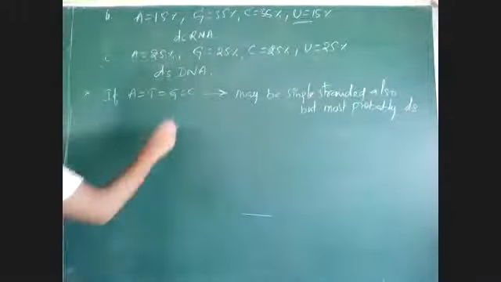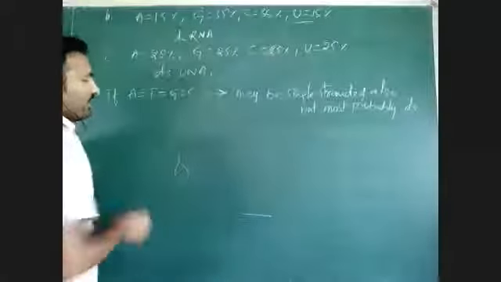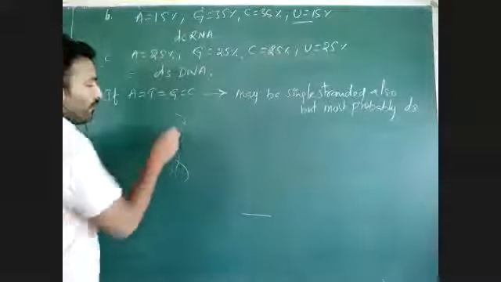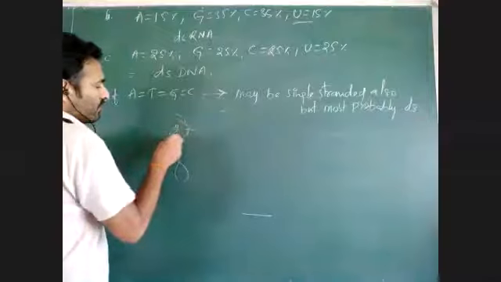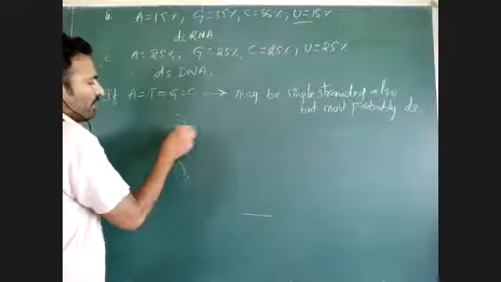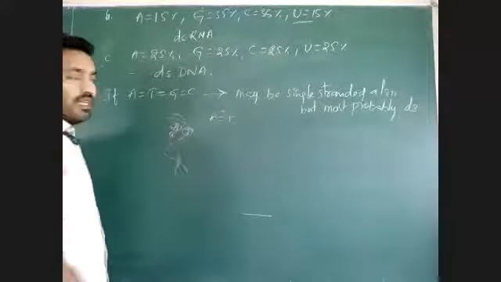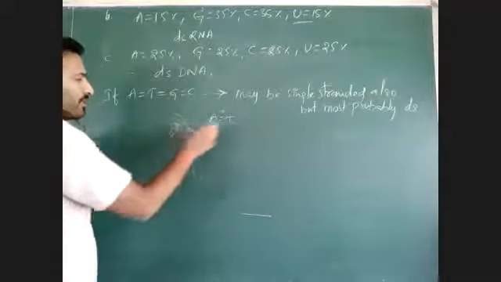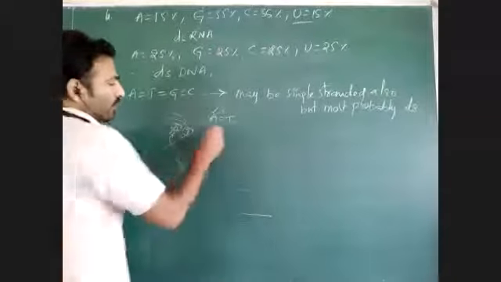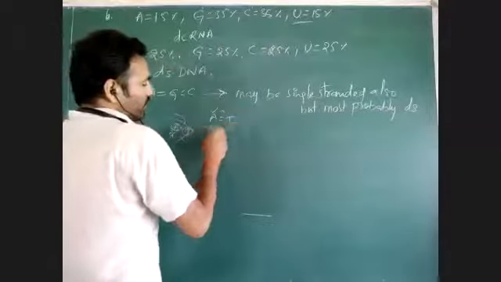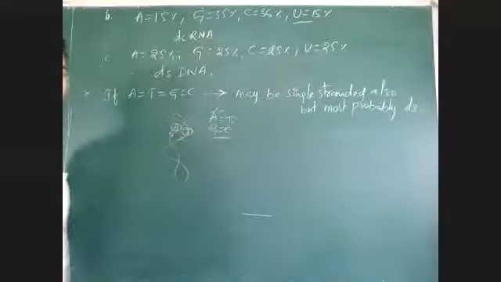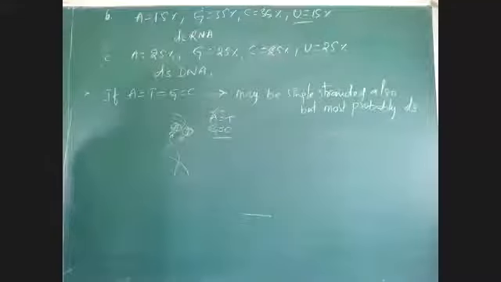Suppose take here, how we can say that Chargaff's rule is applicable. A is there, T is there, G is there, C is there. Number of adenines is equal to number of thymines, because AT pair is forming up. Whatever the number of adenines, same number of thymines should be there. Number of guanines should be equal to cytosine. Guanine cytosine ratio should be 1. So that is what we are saying. Okay, but